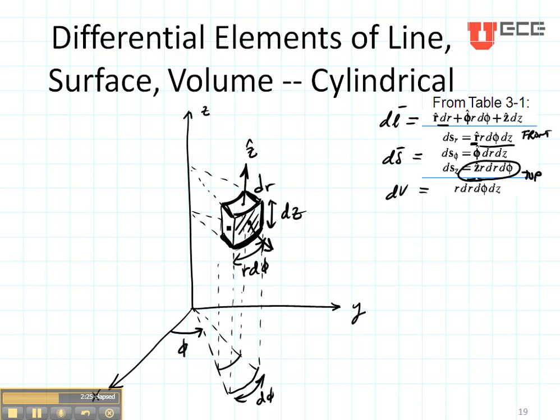Well, if I poked my surface area right here, the water would come out in the minus phi direction, so it must be the other side. When I poke that one right there, the water comes out in the plus phi direction. So my phi term is going to have a dz and a dr component right here. That's going to be kind of the back side. So those are the elements of surface that we're going to consider in cylindrical coordinates. Now dv is just dr times r d phi times dz, just as is shown here.